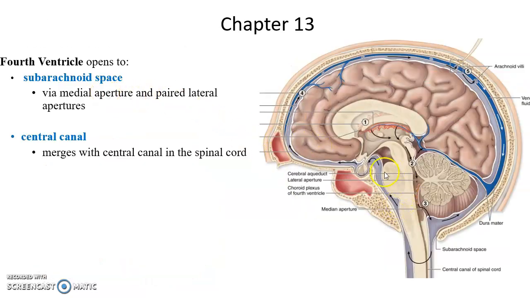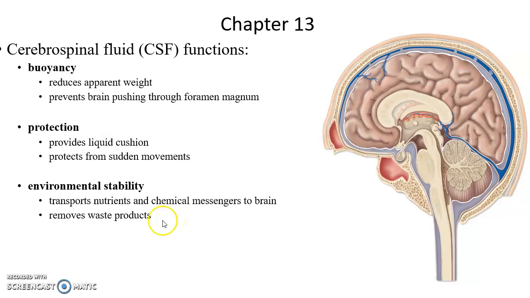The fourth ventricle connects to the subarachnoid space. So here's the fourth ventricle. It connects to the subarachnoid space via medial aperture and paired lateral apertures, and it also merges with the central canal of the spinal cord. Cerebral spinal fluid then goes around the brain and spinal cord within the subarachnoid space. And we will